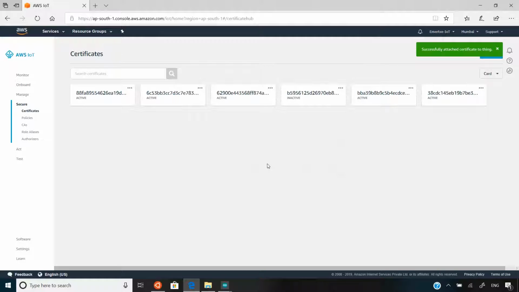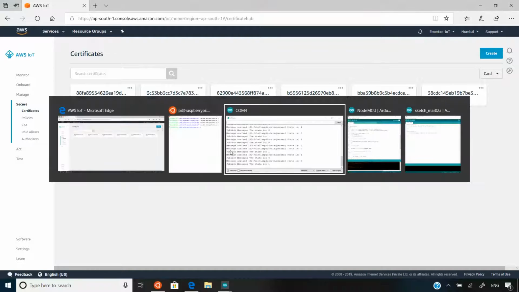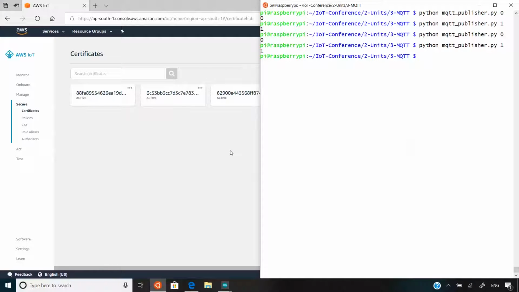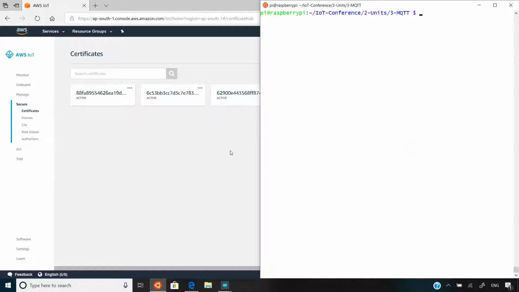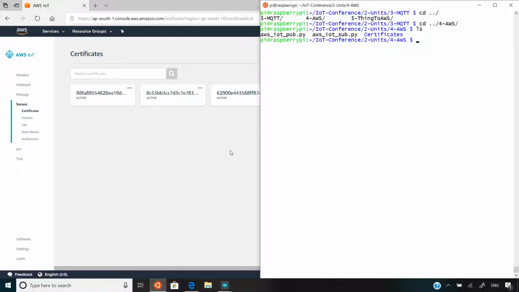Now next thing we would like to do is testing. Let's switch to the RPi3 console. Yeah. Then I would like to go one directory backward, cd .. for AWS. If I do ls, there's a directory called certificates. Now we have to make sure that we copy all the certificates what we downloaded in this folder. So to do that, let's first log out from here, log out,